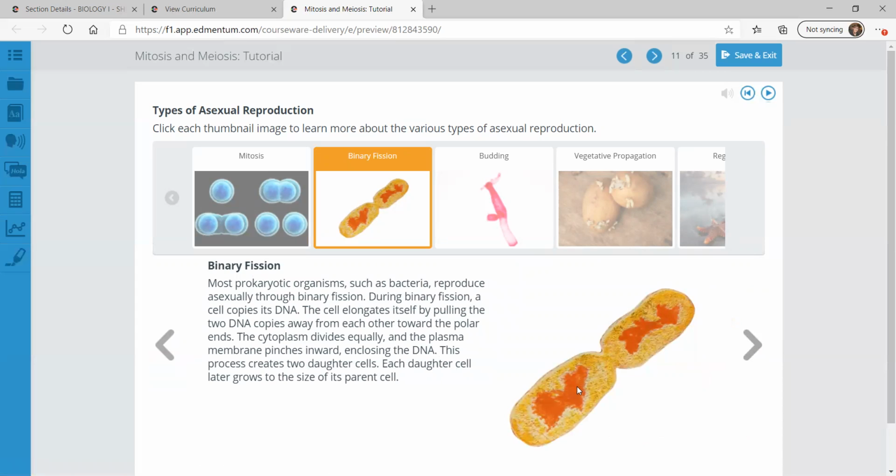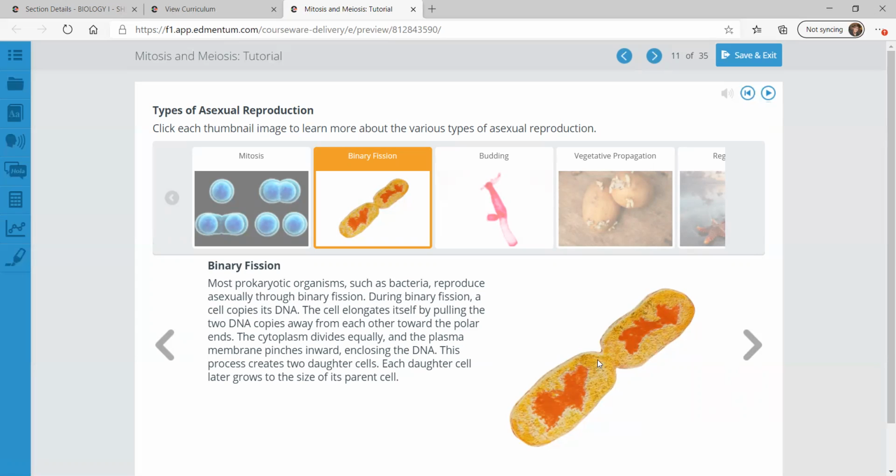And then we have binary fission. Most prokaryotic organisms like bacteria reproduce asexually through binary fission. During binary fission, a cell copies its DNA. The cell elongates itself, gets longer and longer, and by pulling the two DNA copies away from each other toward the polar ends, polar means the very opposite ends,